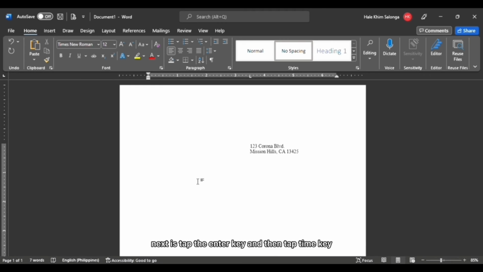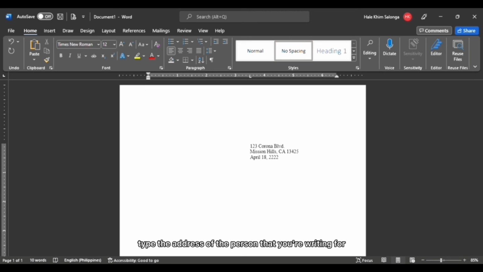Next, tap the enter key and then tap the tab key. Once you're done, tap the enter key and tap 6 spaces.